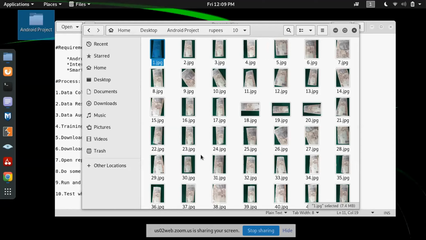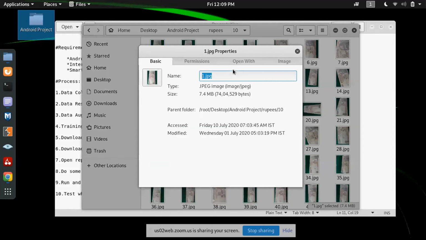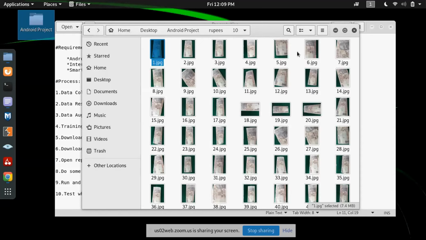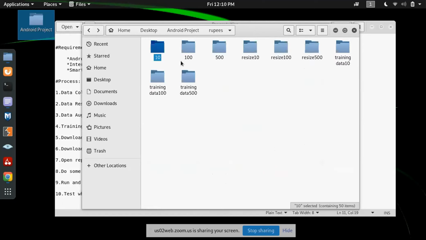If we go to properties, it shows that it is 4000 by 3000 pixels. That means a huge amount of data is present in these images. These 50 images are not sufficient for training. Actually it is sufficient, but if we give more data, then the accuracy will be better.